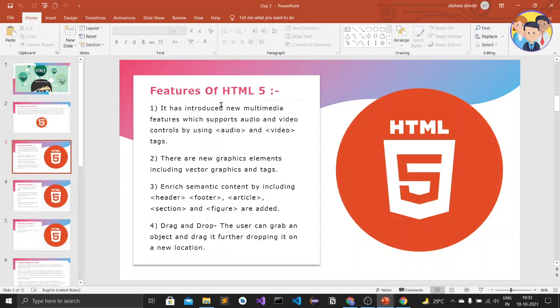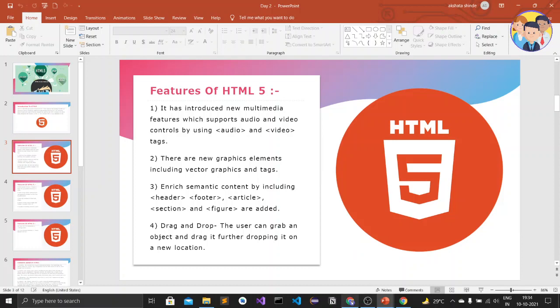The second point is that new graphics elements are included, vector graphics and tags. In the HTML5 version they have added that we can add graphics, which we call SVG, scalable vector graphics. That is like an image only, but we create that image like we create in Paint. That is how we create SVGs.